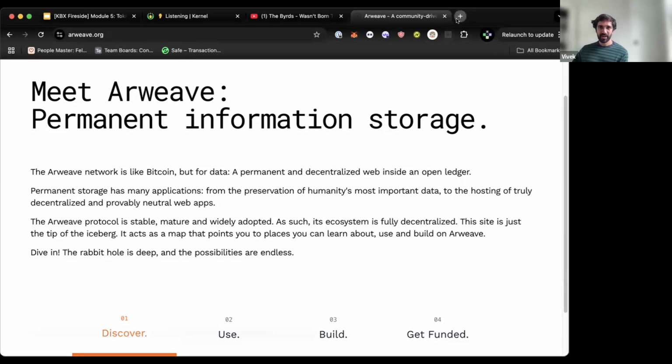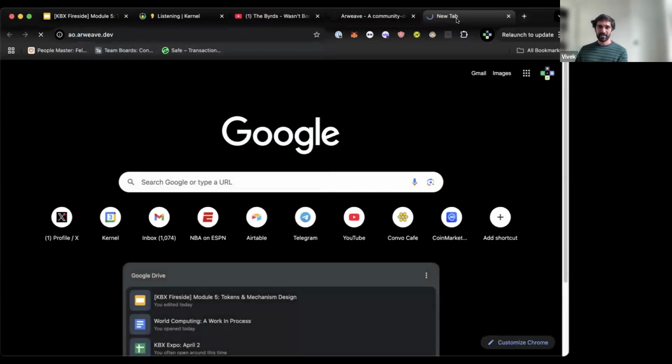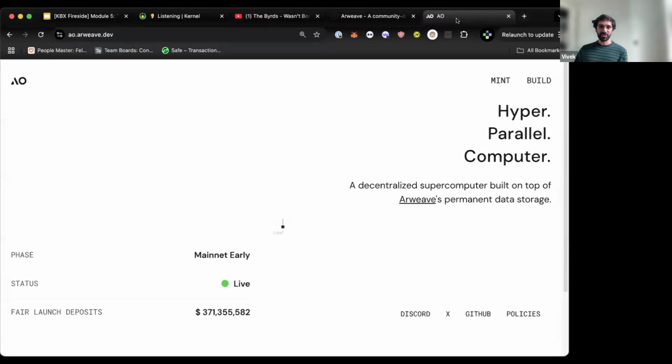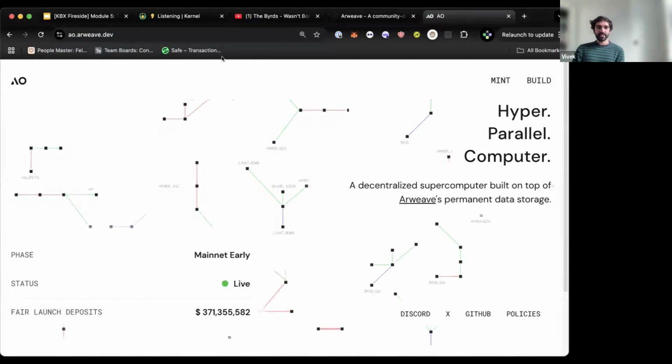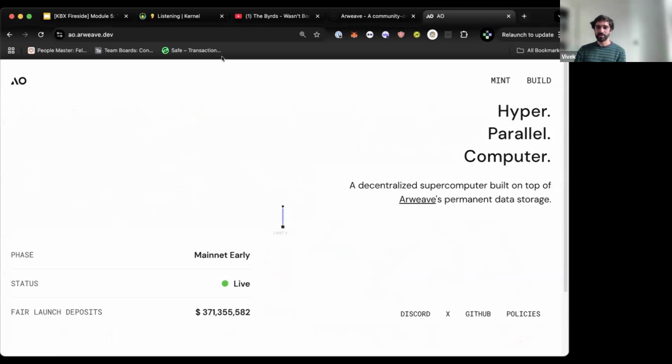But the next part that I think is also worth bringing in here is that having this storage network also had a really big impact on realizing that there's more that you can do when there is such a strong guarantee of permanent data storage. And it took a lot of years of research. Arweave's been around for almost a decade now, perhaps a little less. AO, which is the hyperparallel computer, has only been around for about a month and change now.